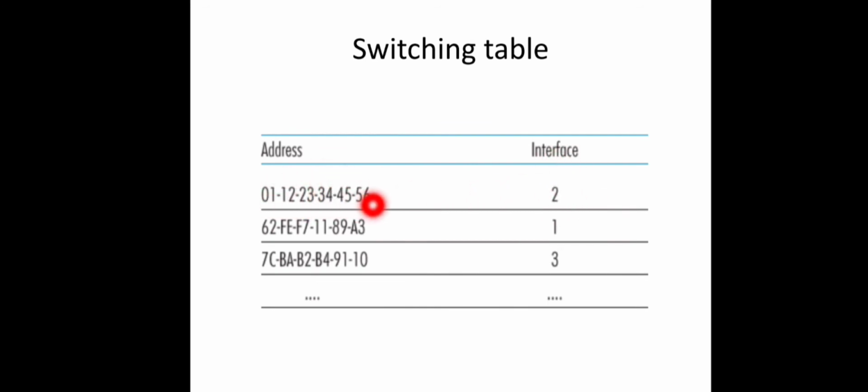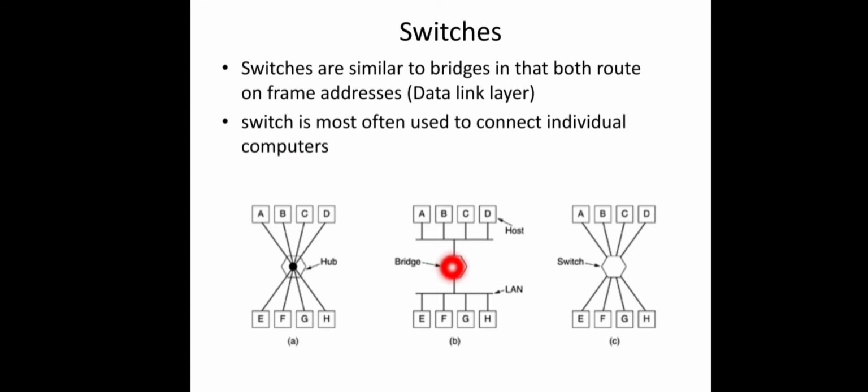The address indicates the MAC address of a particular destination, and the second field of that entry indicates that every frame destined to this MAC address should be sent over this port number or interface. Like that, for every destination there will be an entry in this switching table, and these tables are actually updated using a self-learning technique. Let us see an example of self-learning.